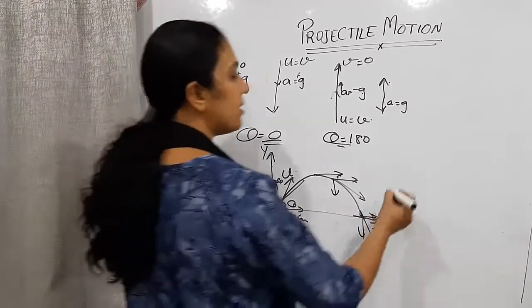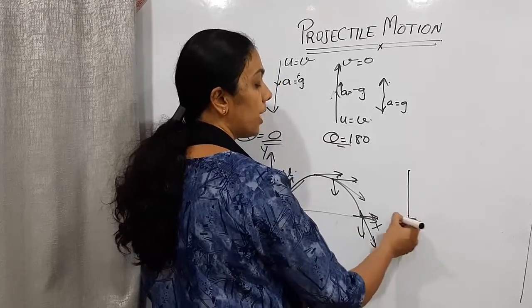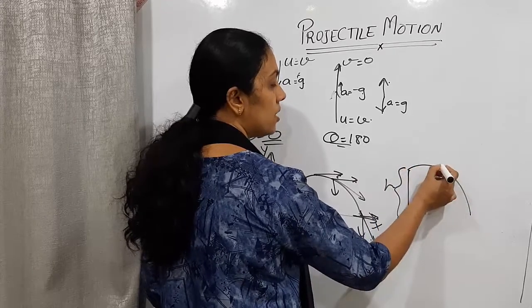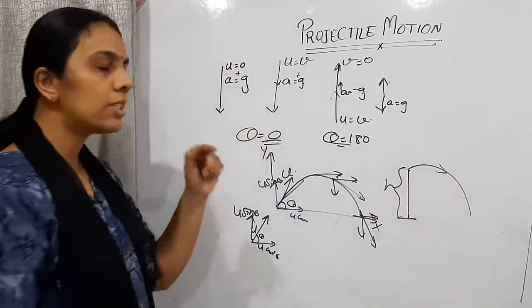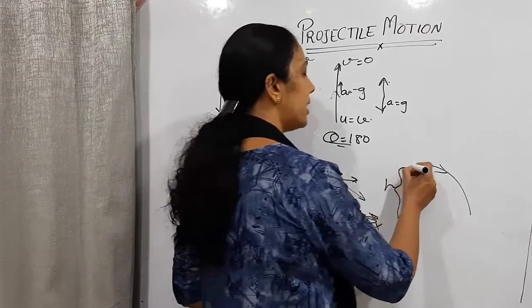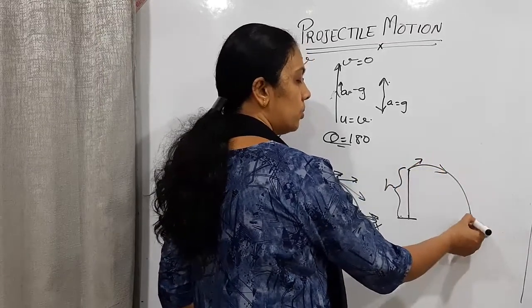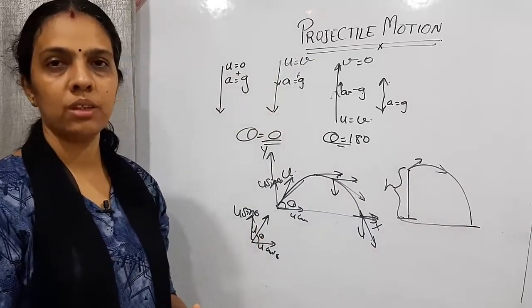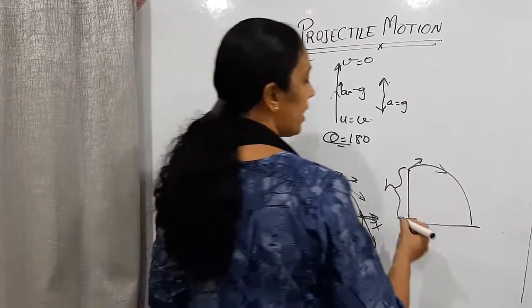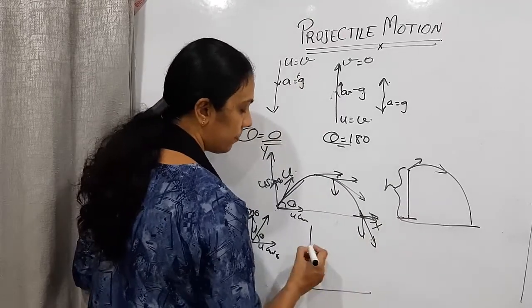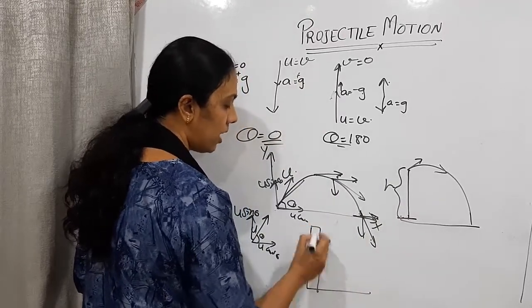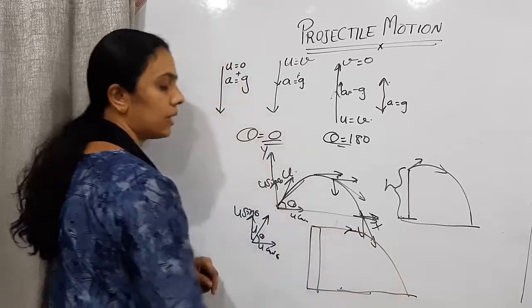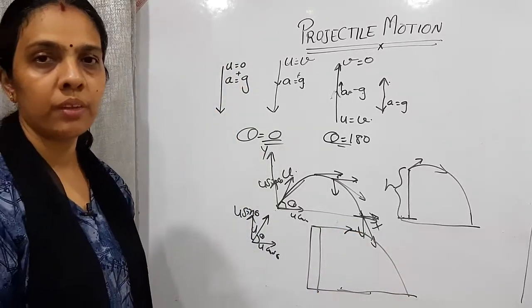Another case: we are at a particular height h. I am throwing an object from here. So it will be moving in this direction. It's moving in the upward direction first and then it's coming down to the ground. That is another kind of projectile motion. Or next one, I can throw the object like this. From a height h, I am throwing an object like this. So what will happen? After that the particle will come to rest position.